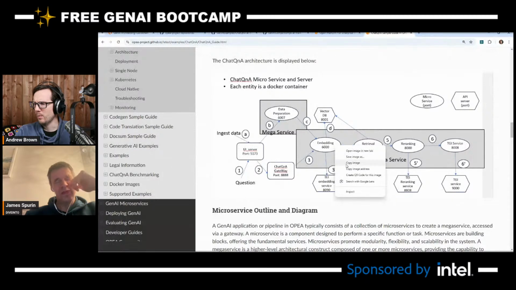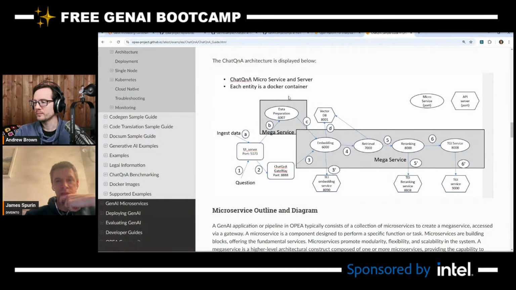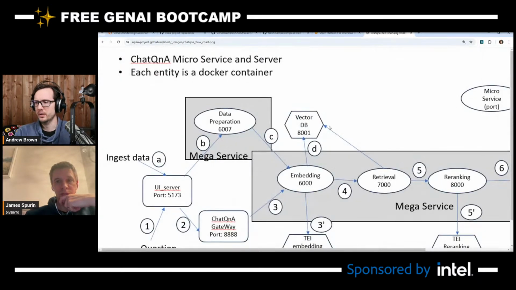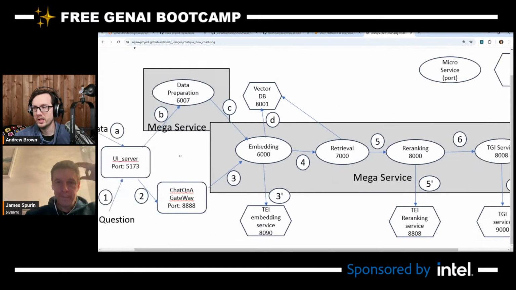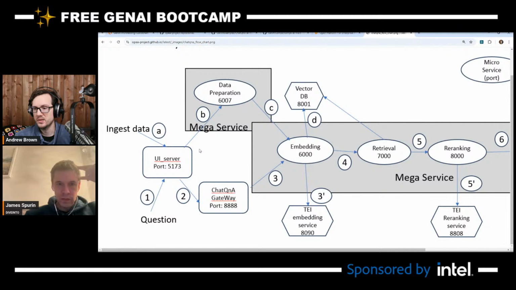Yeah, we'll look at this one. This is kind of it. Okay, I'm just going to make it a little bit bigger here. So this is the mega service, right? And so what we're looking at, my diagram is a bit similar, but the thing is that we have,